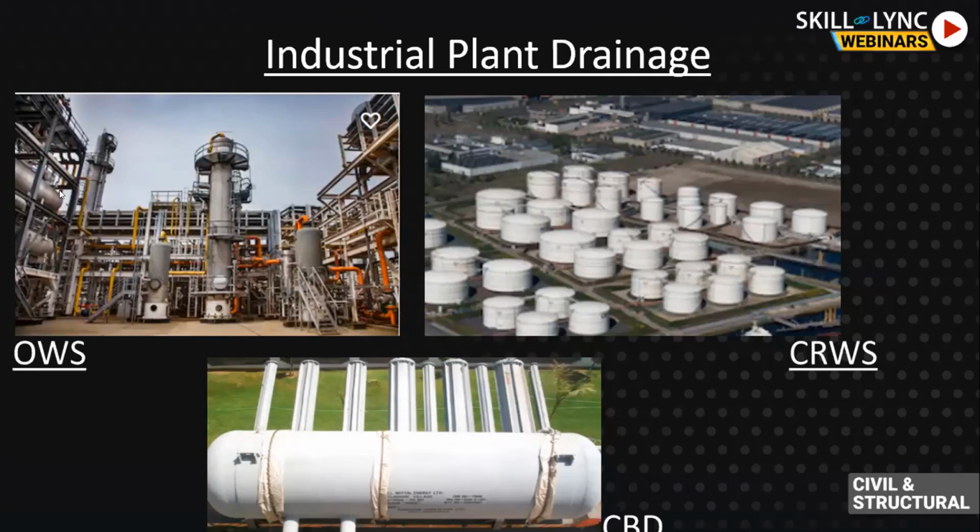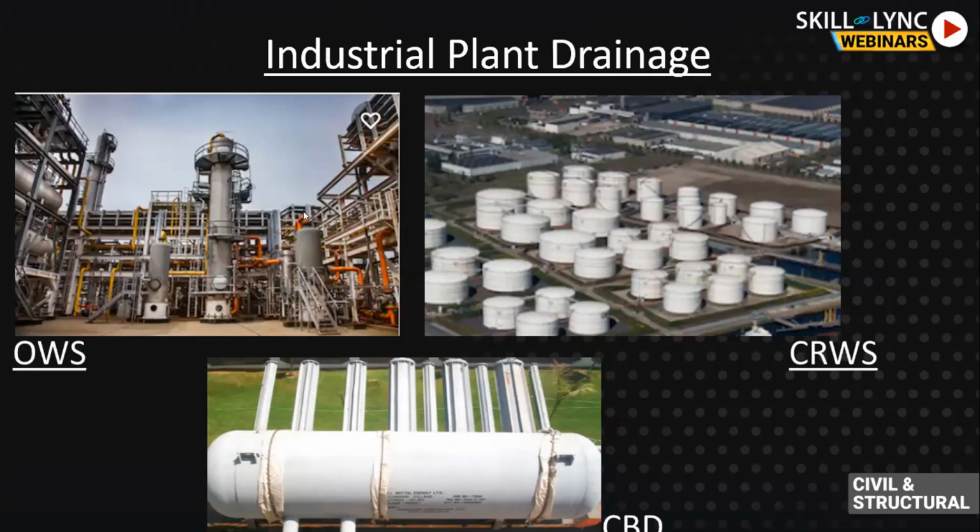That water will fall down and come to the ground level. As it comes down, it gets mixed with the impurities over here. The impurities can be chemicals, then it will be a process drain, or it can be oil also. Suppose this pipe has oil which is leaking and rain falls there, that oily water comes to the ground over here, then it has to be diverted to oily water sewers.